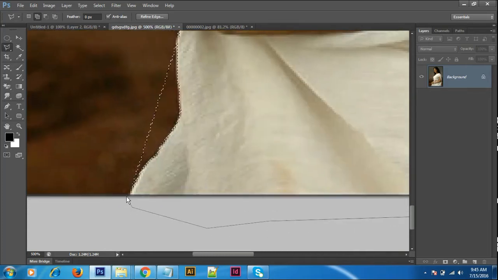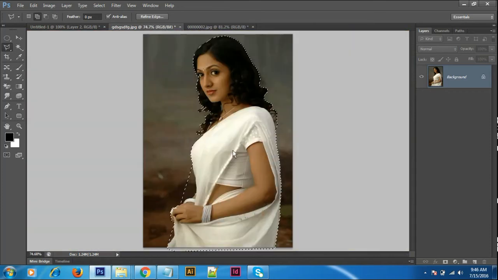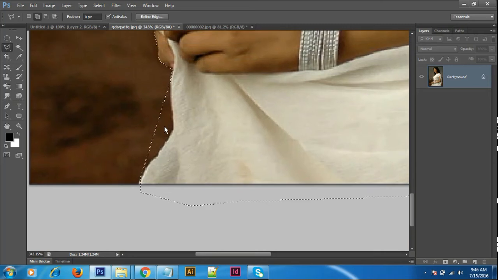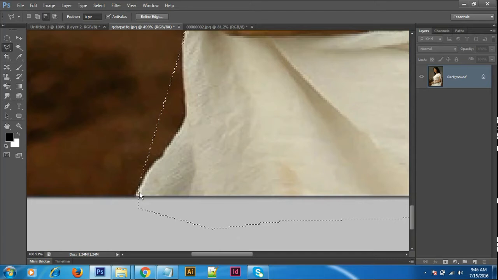If something is normally selected previously, when you come to the starting point, it looks like an out point. But it's already selected, no? You can come directly from here and come to here, double click. Totally the selection has been changed. But some mistakes are there here. So we can minus and take a subtraction.